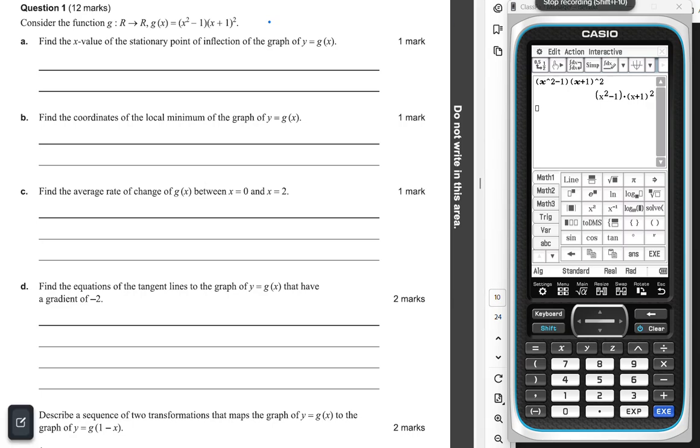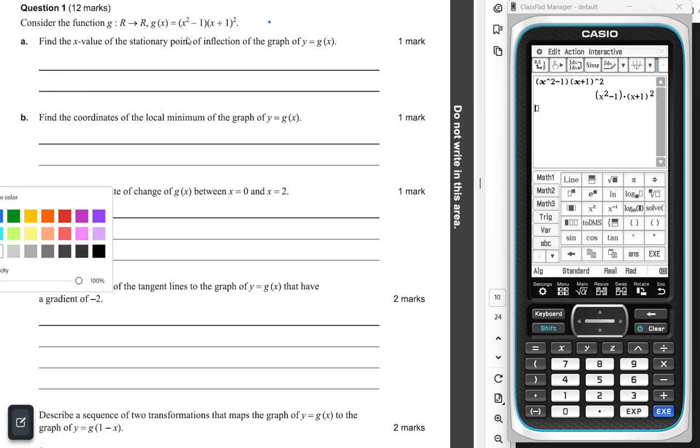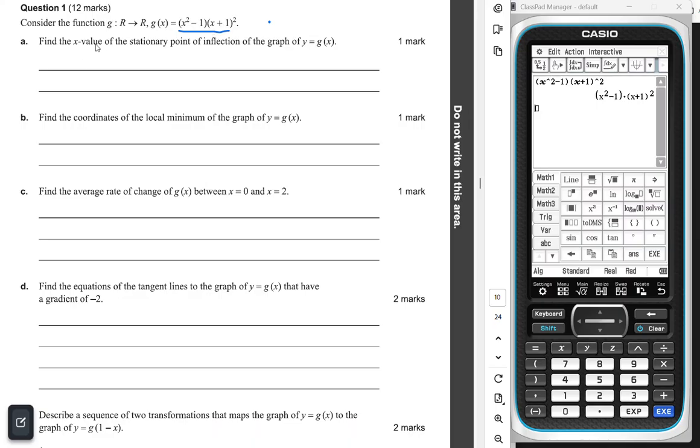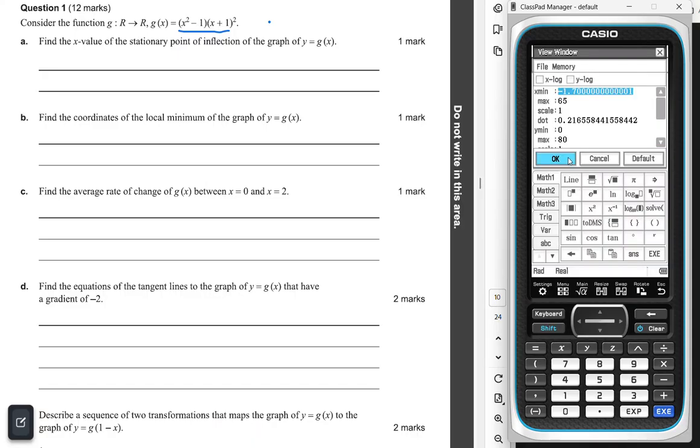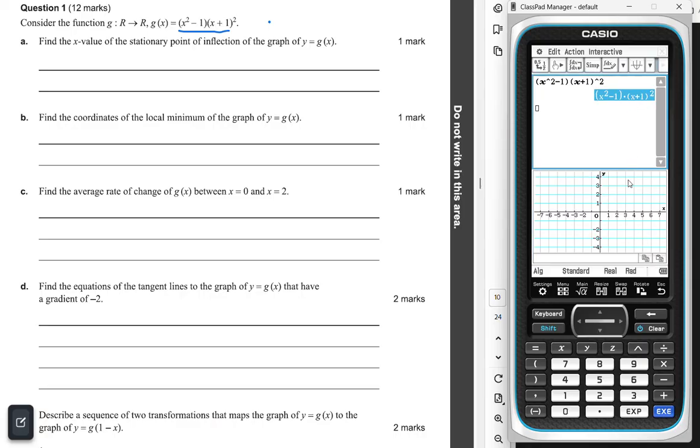Okay, it's question number 1. We have this function here, g of x, and g of x has that rule. And here it is graphed. If I graph it, pick this up, drag and drop, I can see that